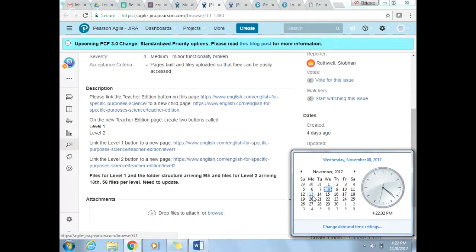The 13th is just Monday, so 13 and 14, Srinidhi will be on leave. But let's see, once we get it, we can check the progress of the sprint, and if we have bandwidth, we can surely take it into the sprint. Okay.